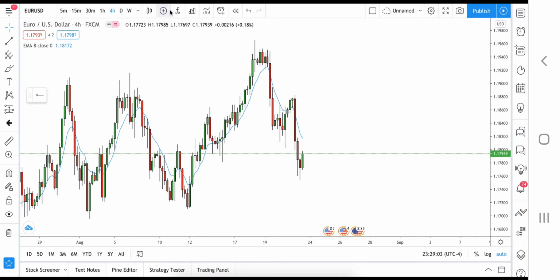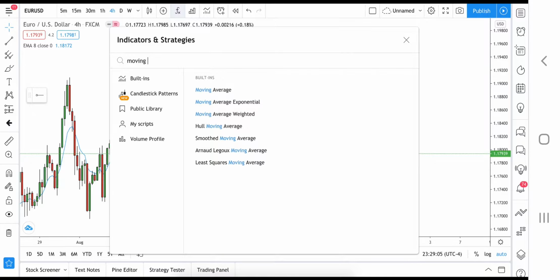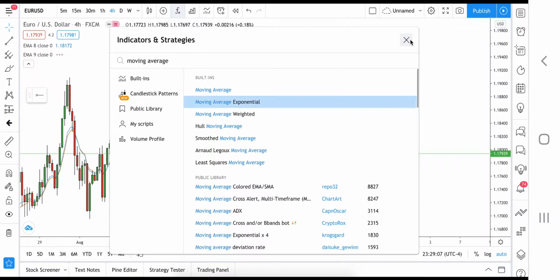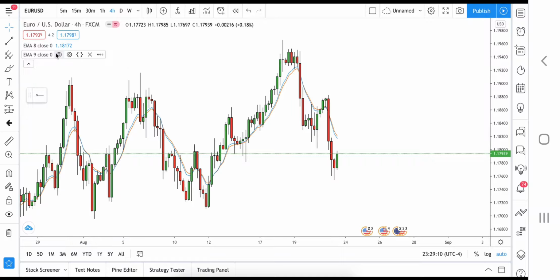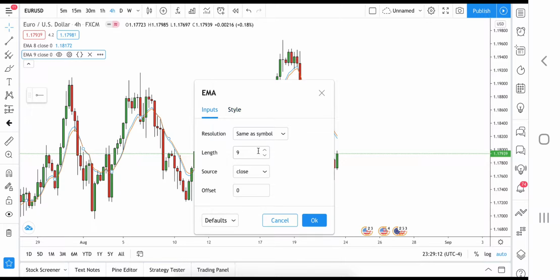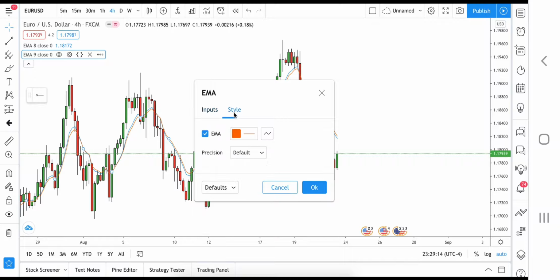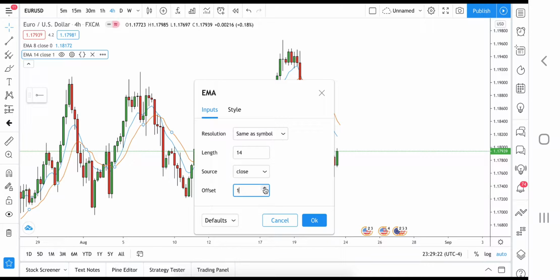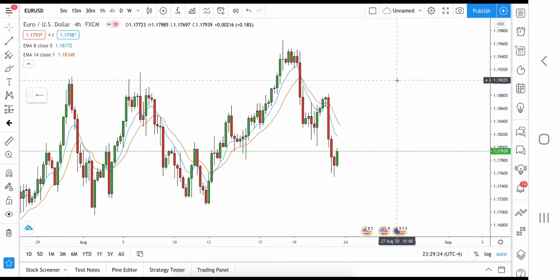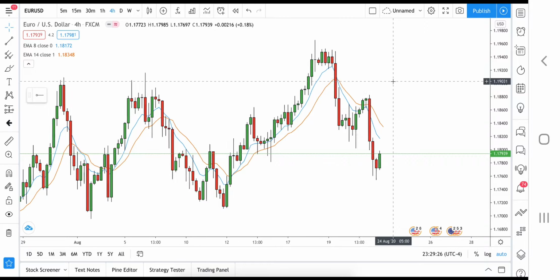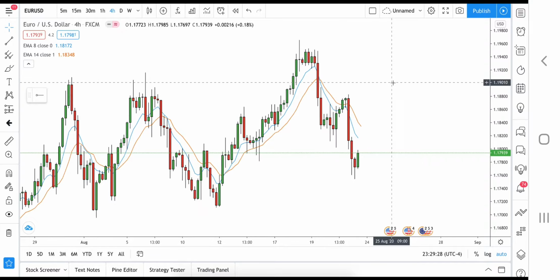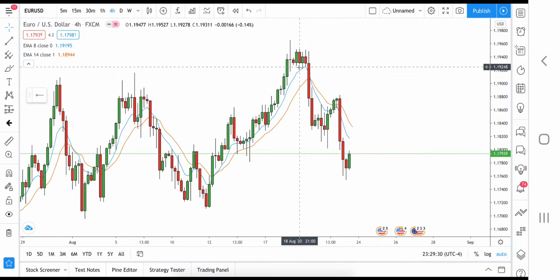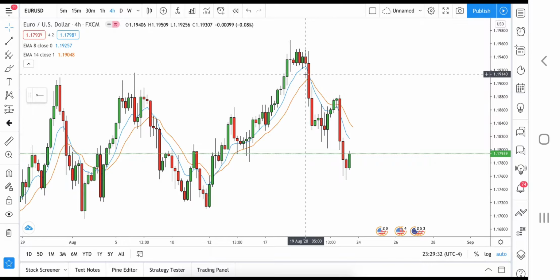Now let's add in the other one because like I was saying, they kind of work differently, but they go hand in hand and I use them hand in hand. So my second EMA, I have it as this nice orange color. The length, I put this up to 14 and then I put the offset to 1 and that just shifts it over a little bit where I like it. Boom. So now I'm not just looking for price to breach below or above the 8 EMA, which is the